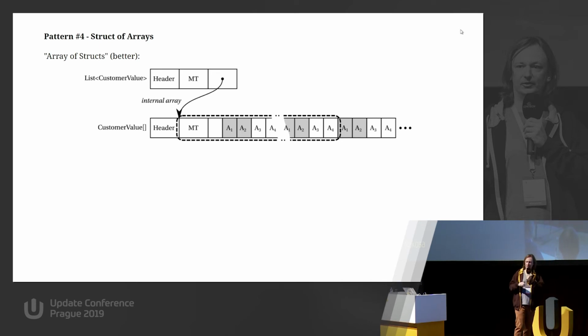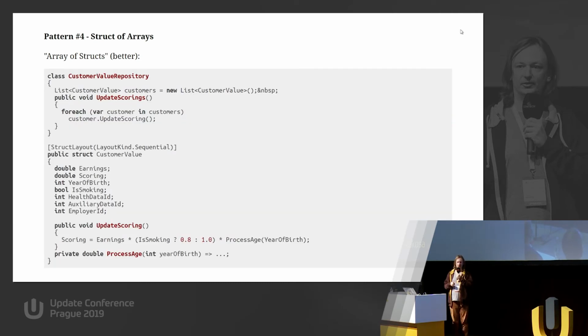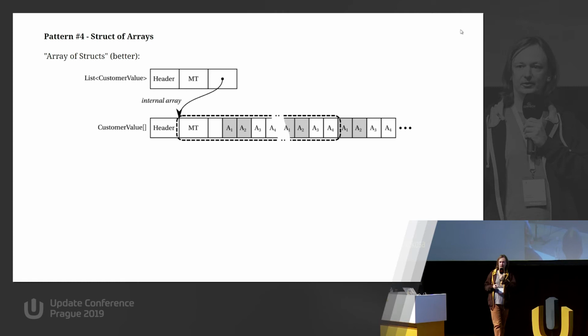The problem is that the whole customer contains a lot of fields and we are only using some of them. So when we are reading this array, customer by customer, in fact, we are reading some fields that are not necessary for us. It is another overhead, because we need only 4 fields in our algorithm, but the customer may contain dozens of fields and we will be reading all of them, because we need to access memory in a blocked way. So this is not an optimal solution. This is the array of structs, the original approach.